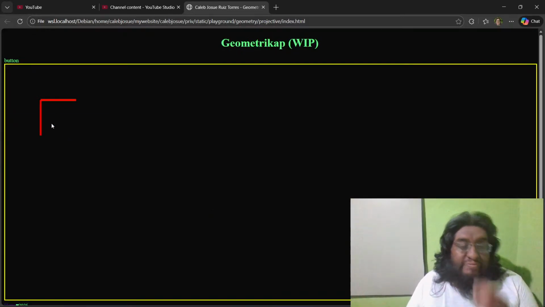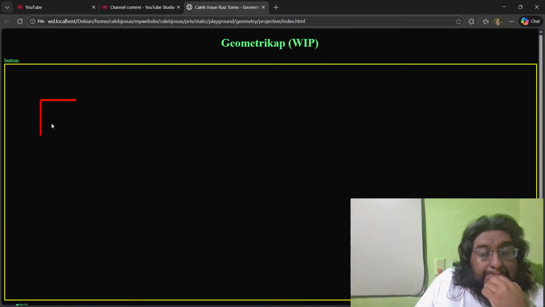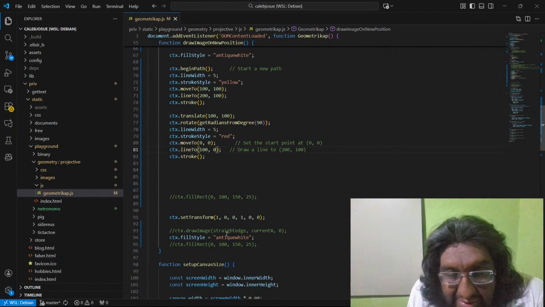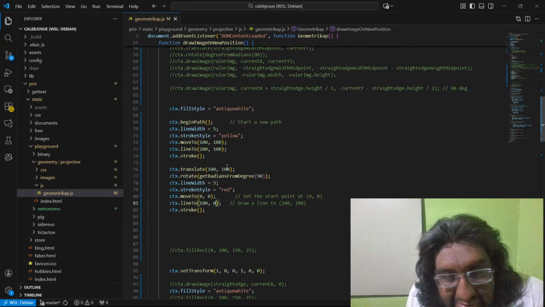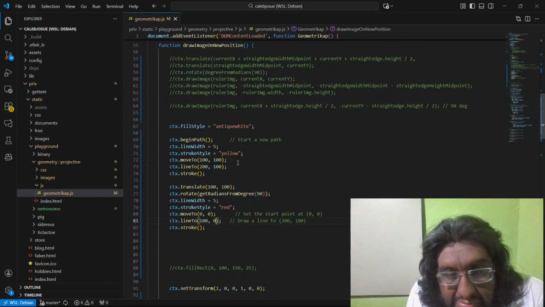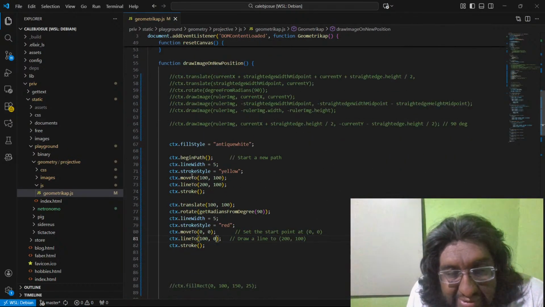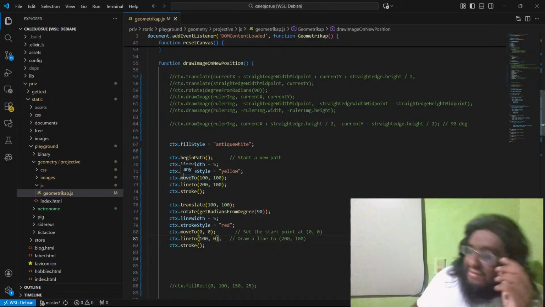So here it is. I don't know why these two are red. If we are doing this reset, maybe, and in here it says yellow. Maybe there is another property of lines. Oh, you know what?